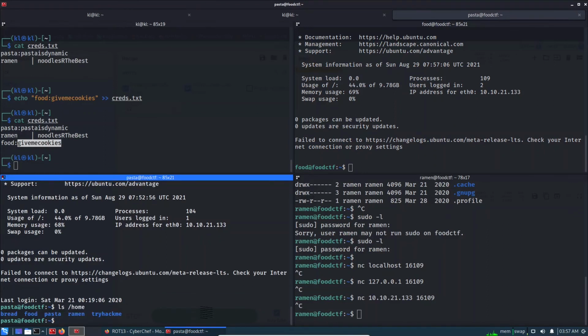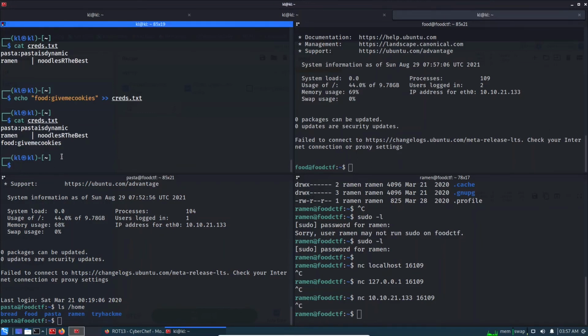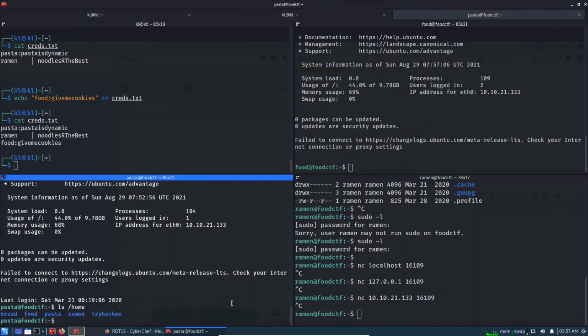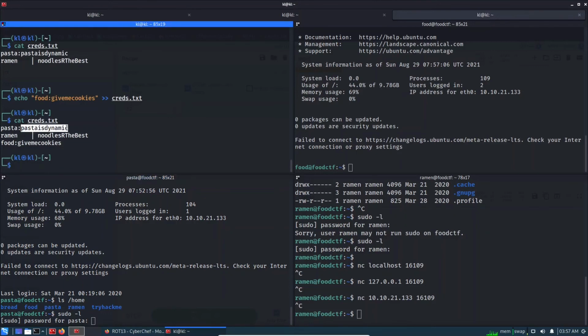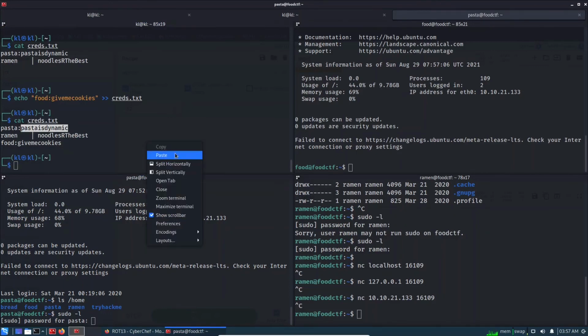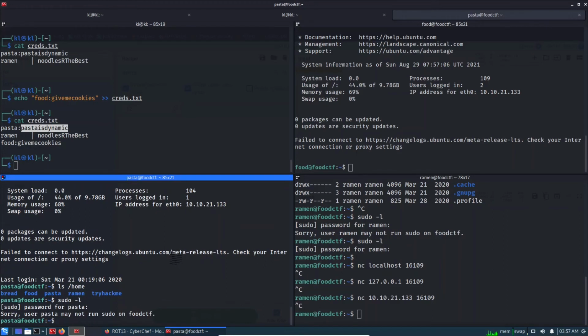ls /home. So we are on this machine using pasta, using food, using ramen, and using bread. We received the reverse shell earlier. So we can check one thing on all the profiles, to understand if we can run